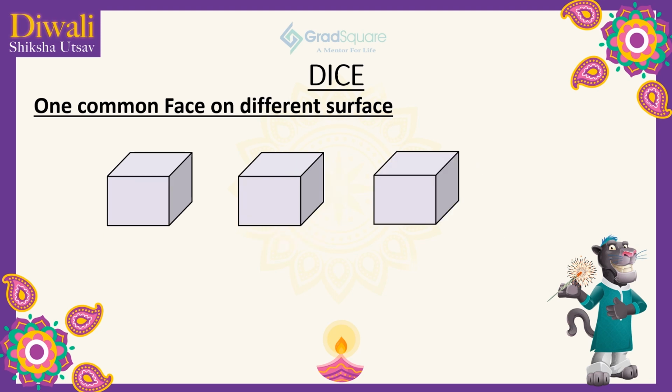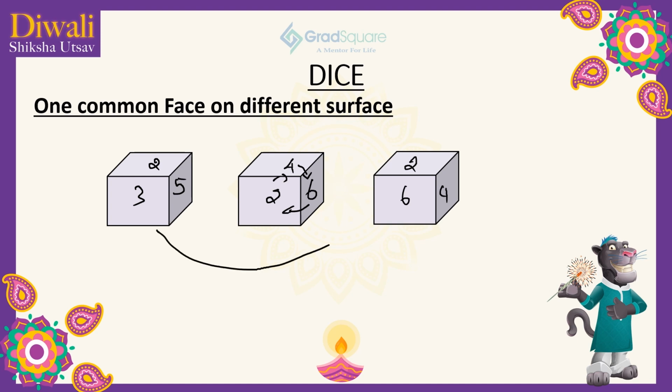When one common face is present at the different surface, then either of the positions should be selected and the numbers can be rotated either clockwise or anti-clockwise, and the common face is made at the same surface and it is eliminated and the corresponding faces will be opposite to each other. In this example, you can select either of the position and rotate the elements clockwise or anti-clockwise. Here, the position 2 has been selected and it is rotated clockwise. So the resultant will be